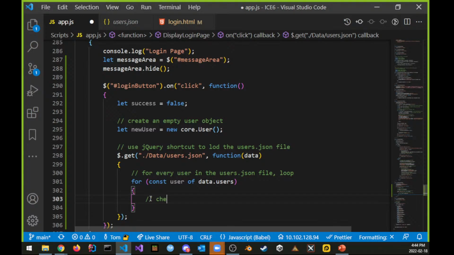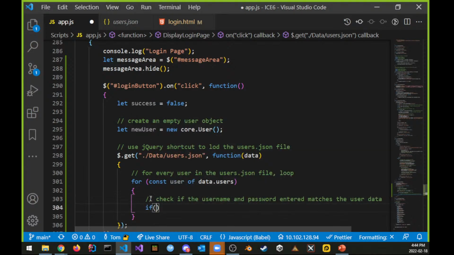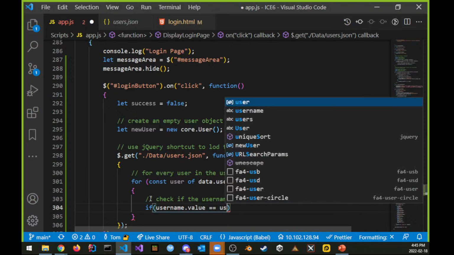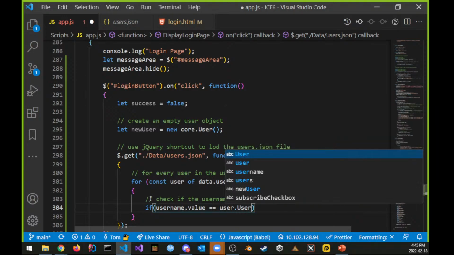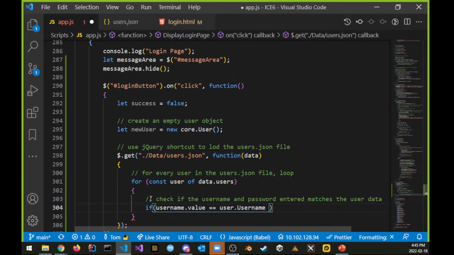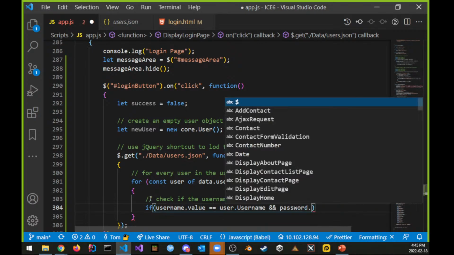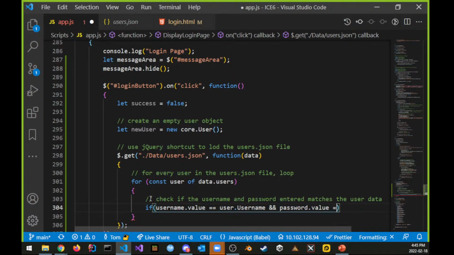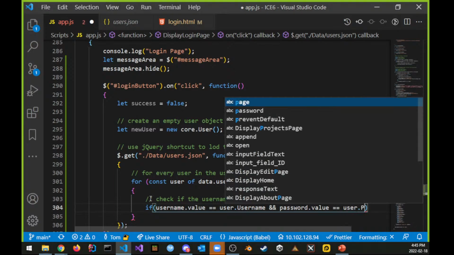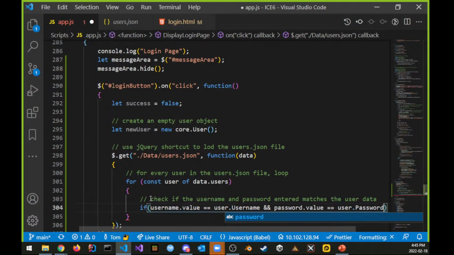We're going to check if the username and the password entered matches the user data that we're going to get in. Okay, so we're going to say if username dot value is equal to user dot username and the password dot value is equal to user dot password. If that's true,